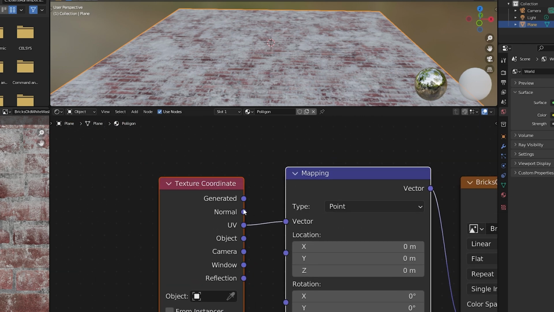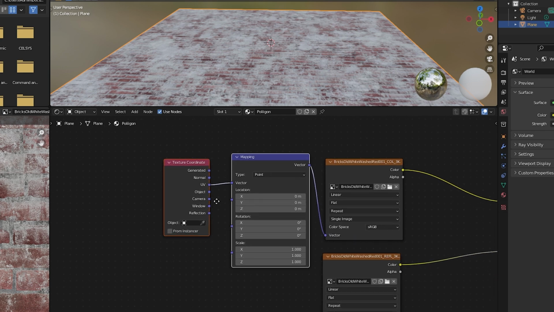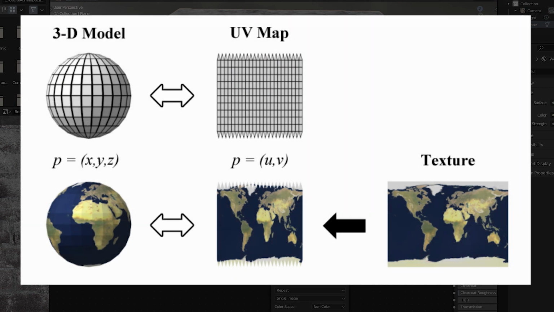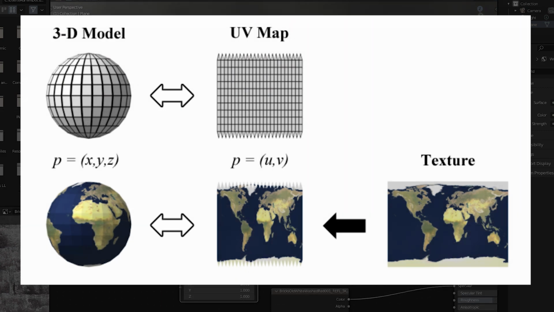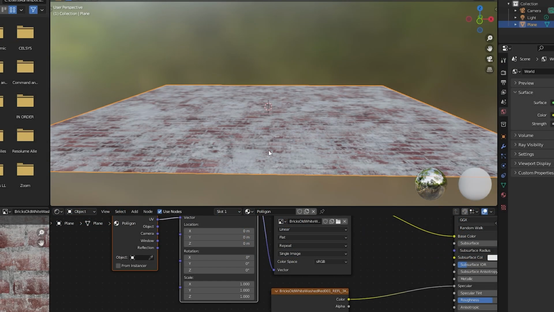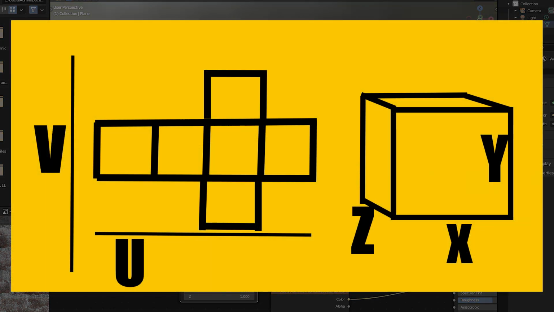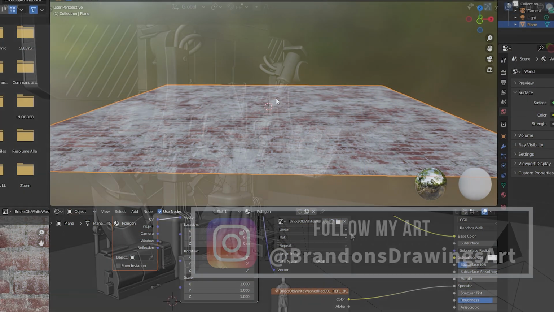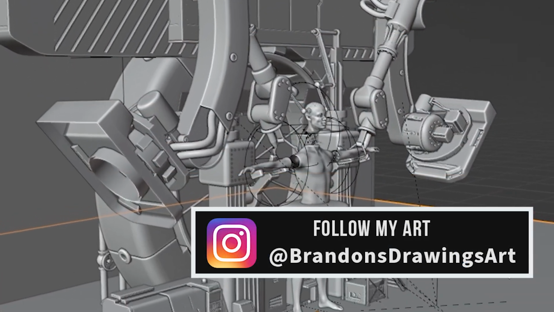I will very quickly explain UVs. When we take a two-dimensional texture and place it on a three-dimensional object, we need to essentially unwrap the object. Imagine printing a label directly onto a cylindrical soda can. UV unwrapping would be like cutting the soda can open to lay it out flat so that a printer can print on it. The U and the V represent the two axes of the two-dimensional texture because the 3D object already has the X, Y, and Z axes labeled. Unwrapping a plane is pretty much unnecessary, but it's absolutely necessary for more complex objects.